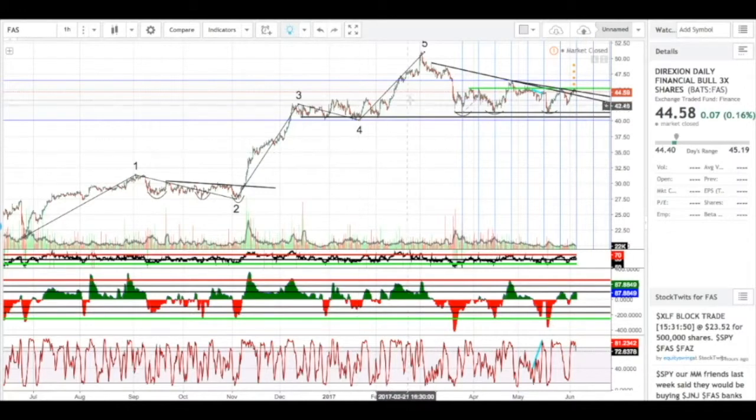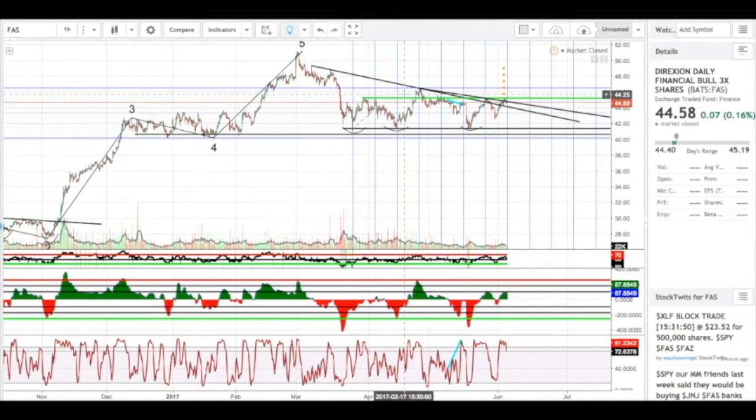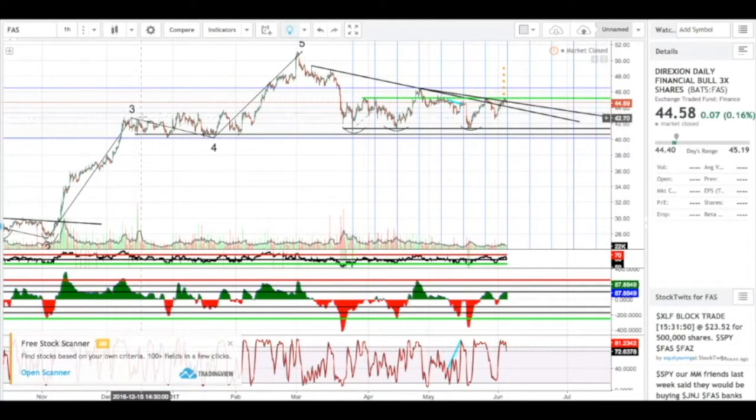And over here on the current picture, we see a very similar thing. We have our impulse wave. I would say that this would be our dip right here. I would say that this would be our head, and then we have 3 rounded bottoms, all of similar length, or all of similar bottoms. Here on the hour chart,